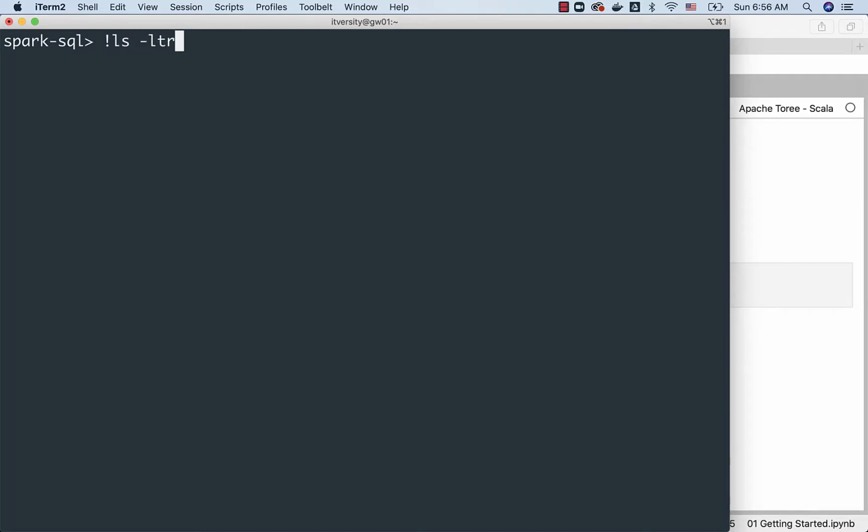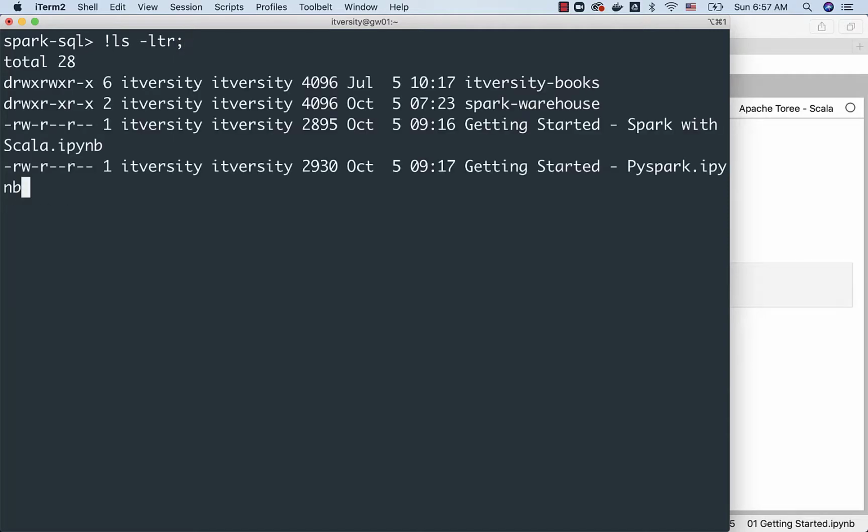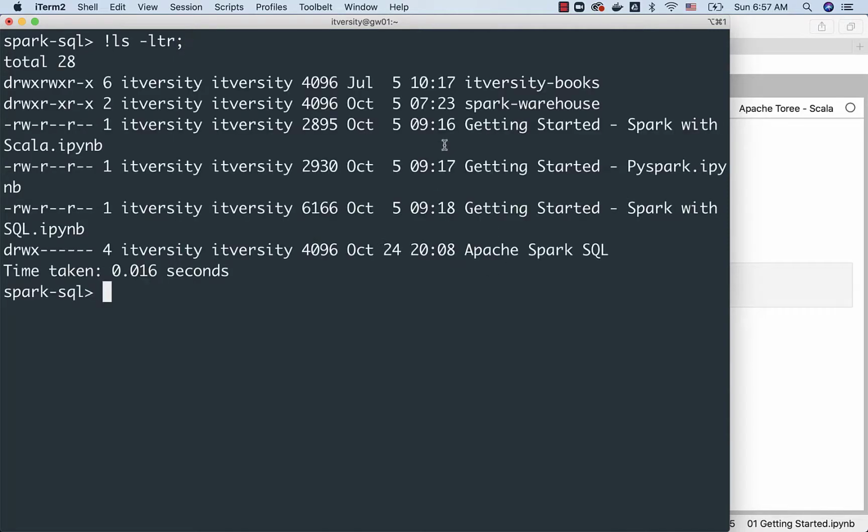It will always end with semicolon, and you can hit enter and you should be able to see the list of files from local file system. This is a valid Linux command which is passed here, which is nothing but an OS command. So to use OS command, you just have to include that OS command between exclamation mark and semicolon in Spark CLI. You can also run any HDFS related commands to access files, directories, etc.